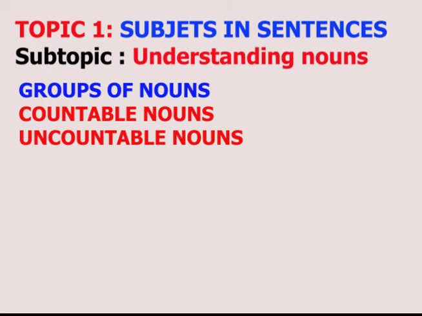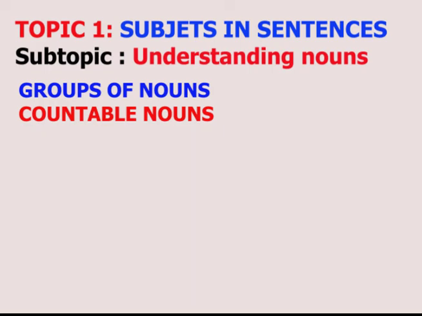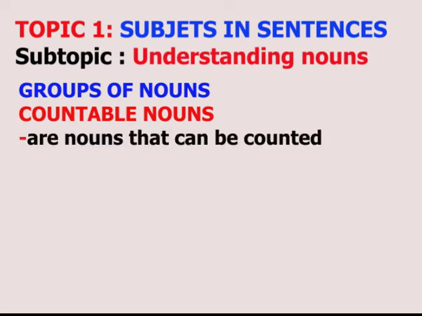When we talk about countable nouns, we mean those nouns that can be counted in numerical form. For example, 1, 2, 3, 4, and so on. We can say this is one, for example, chair. Okay, 2 chairs, 4 chairs, 10 chairs, and so on. That can be counted. Examples of these nouns I have said: